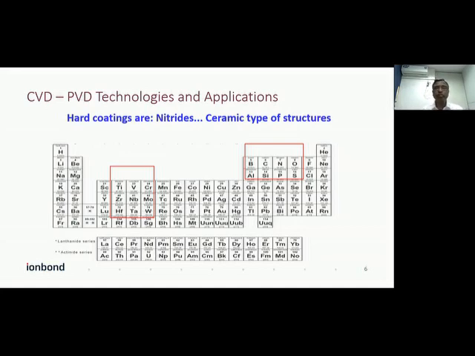For example, if we see over here, titanium, if we react it with nitrogen, we can have titanium nitride. Then zirconium, again with nitrogen, which gives the zirconium nitride coating. Then titanium aluminium nitride coating. Titanium silicon nitride coating. So all these combinations of nitrides or oxides, we can form between